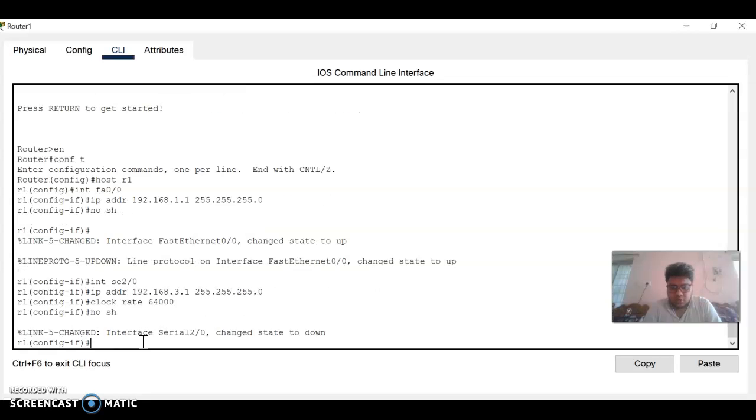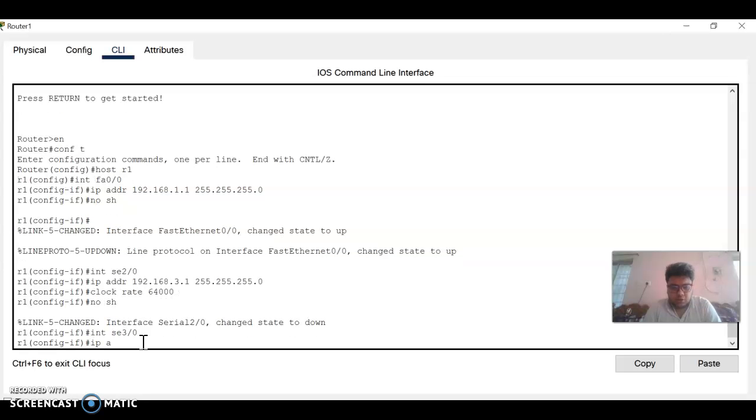And here again, serial port 3/0, the IP address is